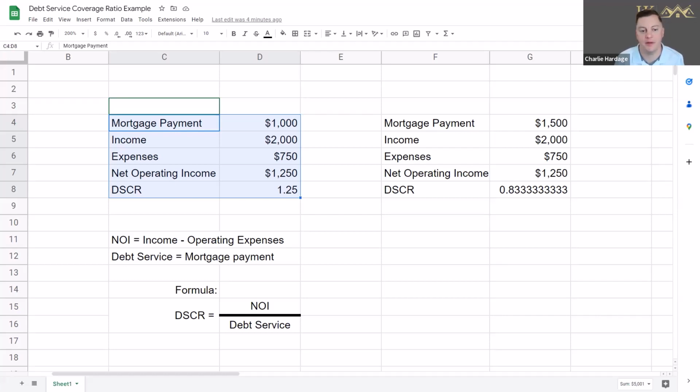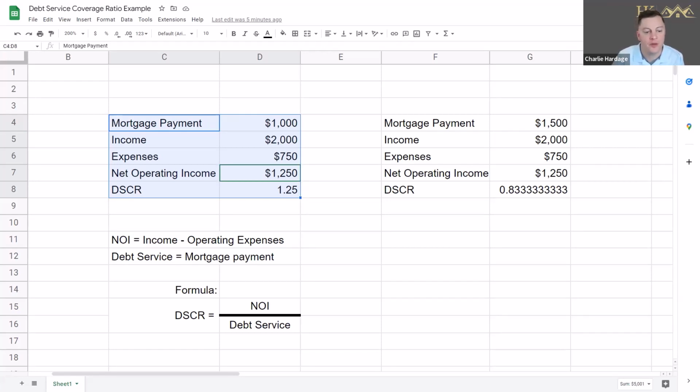Those expenses could be property management company, landscaping, utilities, whatever it is, but those are the monthly expenses in this example. So we have a net operating income, and if we look down here, net operating income is all the income from the property minus operating expenses. So the NOI on this property is